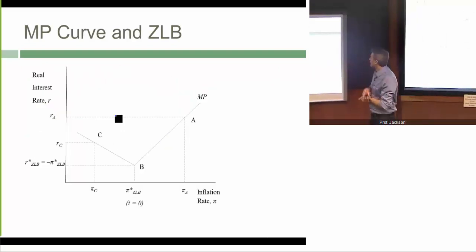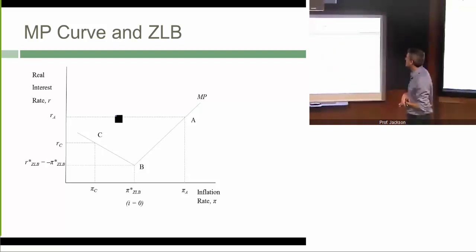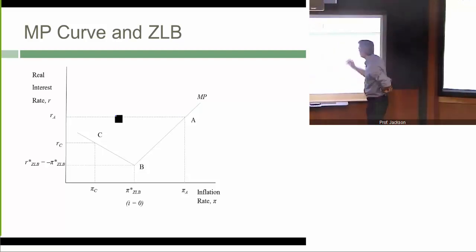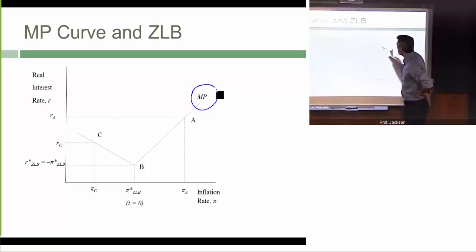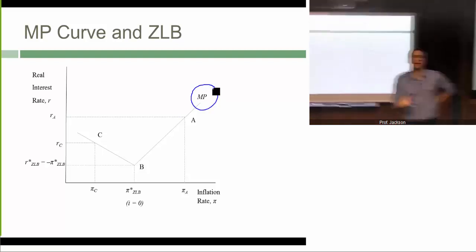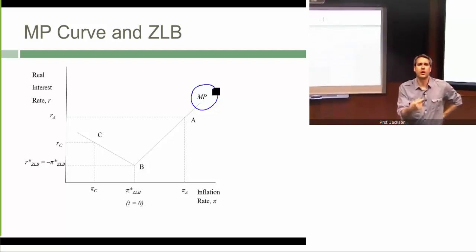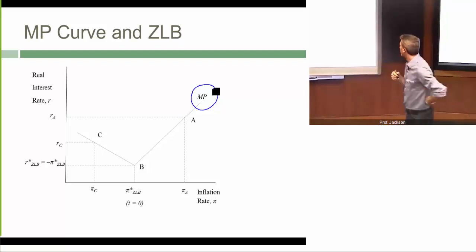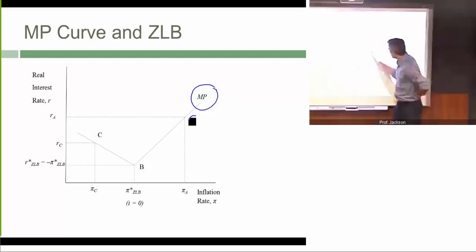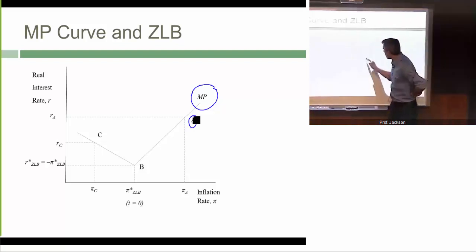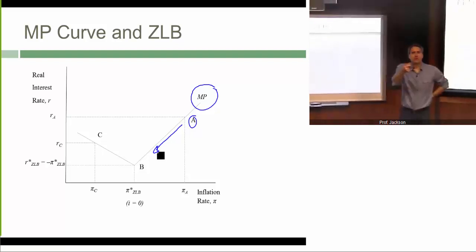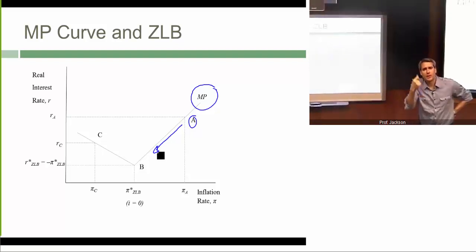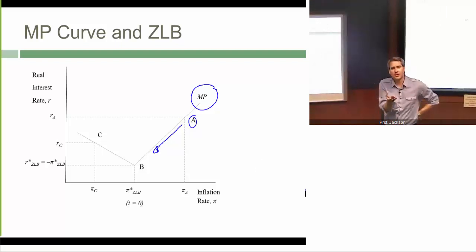And so this is what the MP curve looks like at the ZLB. The idea here is simply that the MP curve captures how monetary policymakers would respond with nominal and hence real interest rate changes as a result of variation in inflation. So as an example, if we were sitting at point A, as inflation falls, we just move down along this given MP curve, and the Fed reduces the nominal interest rate in response to the lower inflation, which means the net effect is a lower real interest rate. But at some point,